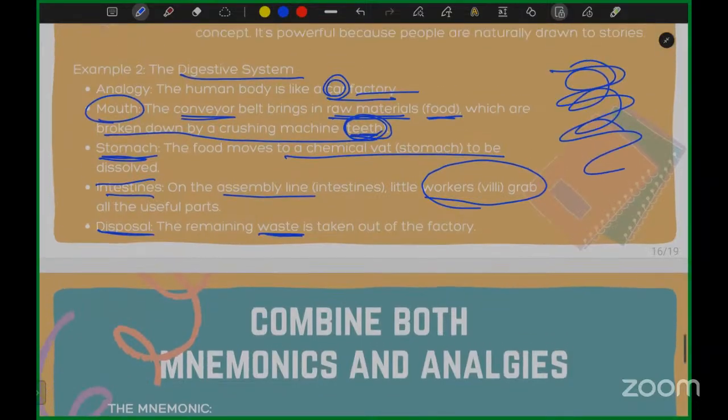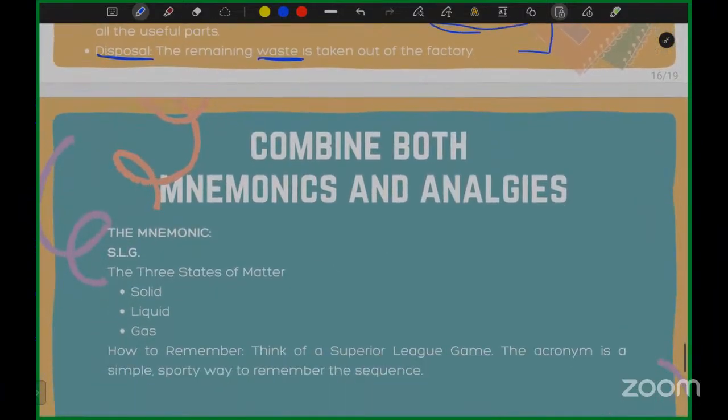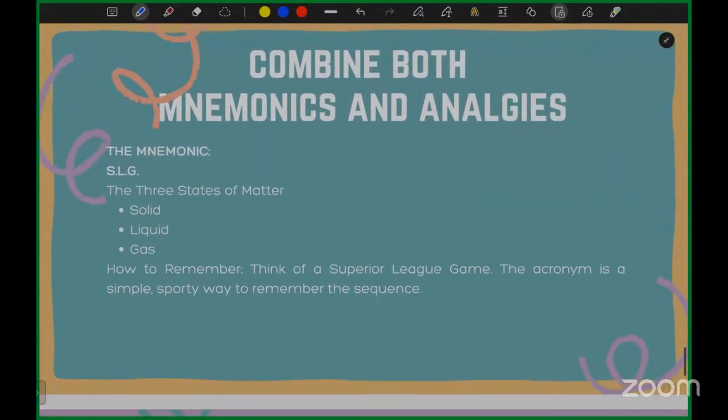From these storytelling analogies, storytelling comparative ideas, you can easily remember and easily teach the students very effectively. And the last and final part: when we mix both mnemonics and analogies, the result will be phenomenal. So what is that? I'll just take a couple of minutes to end the lecture because it's already past 7:35. I'll take 5 to 10 minutes maximum.